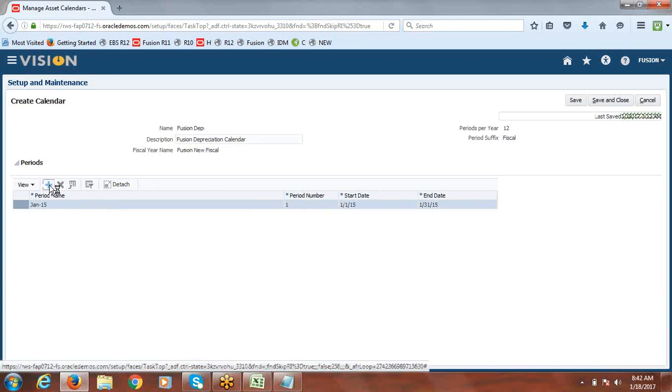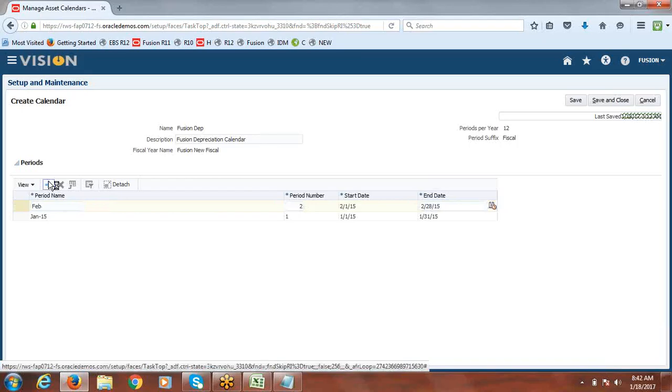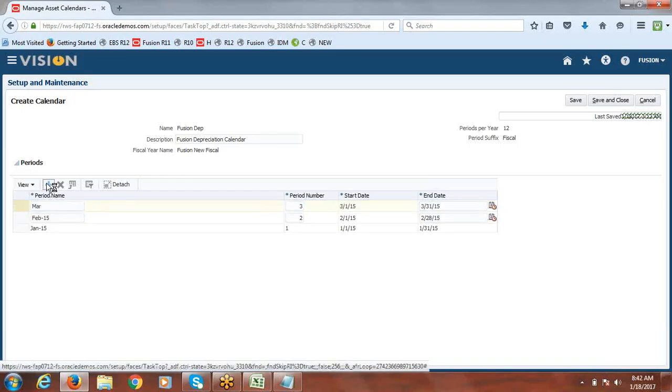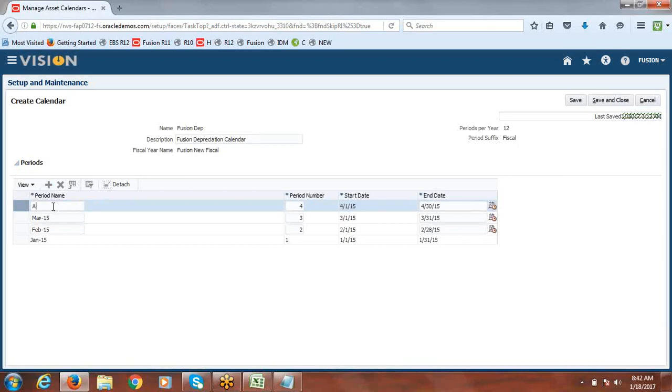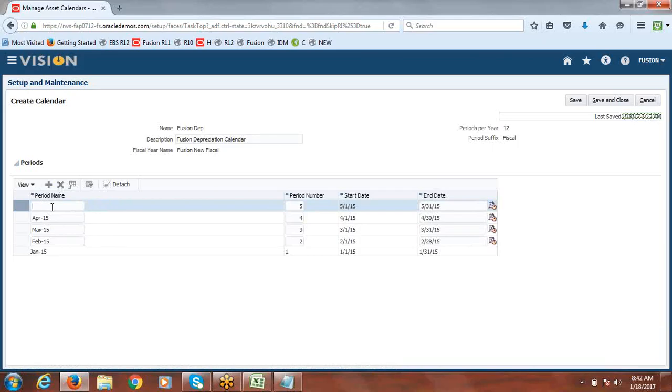Then click on add. Just give the period name, the rest it will take. Feb. Then click on add again. March, click on add. Again click on add. For one year, this is how we have to provide, the rest it will take automatically.